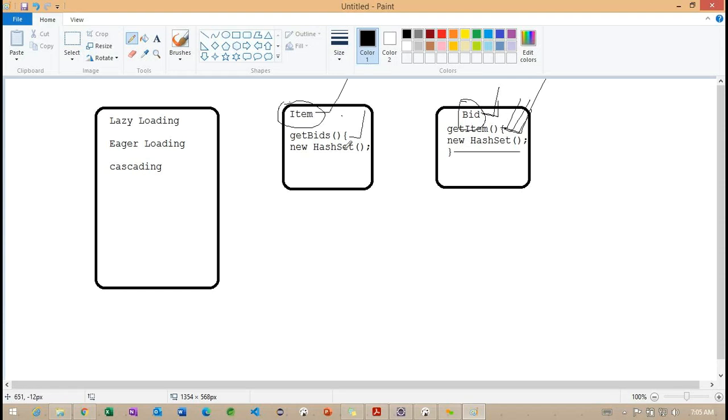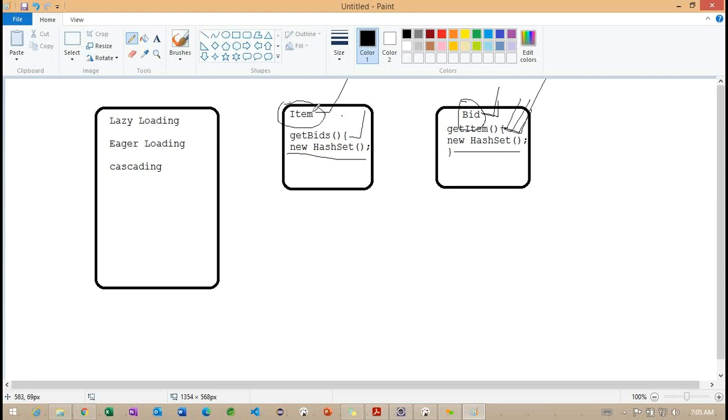Getting the point. In the same way, whenever we load this particular item, internally we load the bid records. But sometimes we don't want to load the bid records. We don't have a scope to use the bid records at this time, but after doing some operations, we'll focus on the bid records.